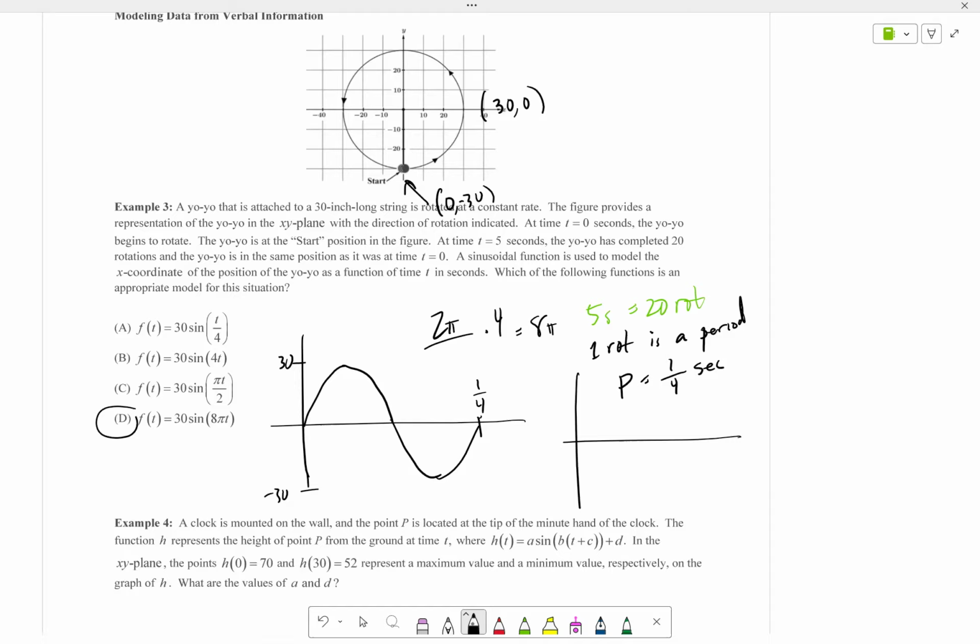Wait, are we looking at the X value or the Y value? Oh, yeah. I'm so sorry. I asked the question poorly, didn't I? If we're tracking the Y values, it starts at 0. Wait. What's our fundamental wave going to look like? The first period, what would it look like if we're tracking the Y value,